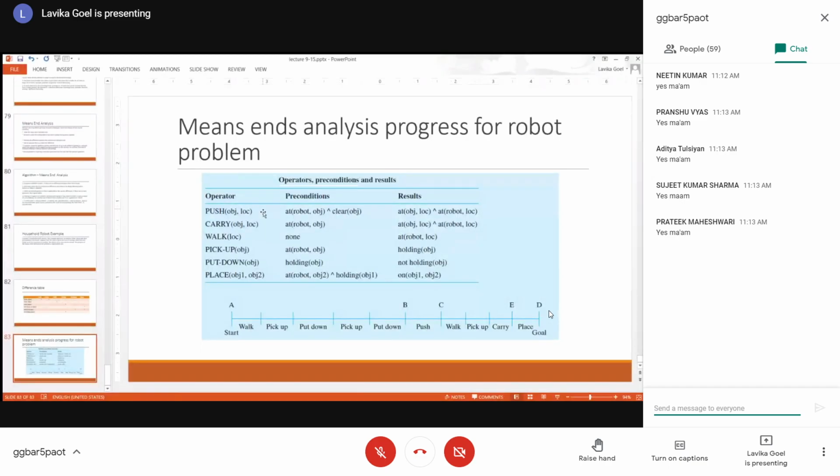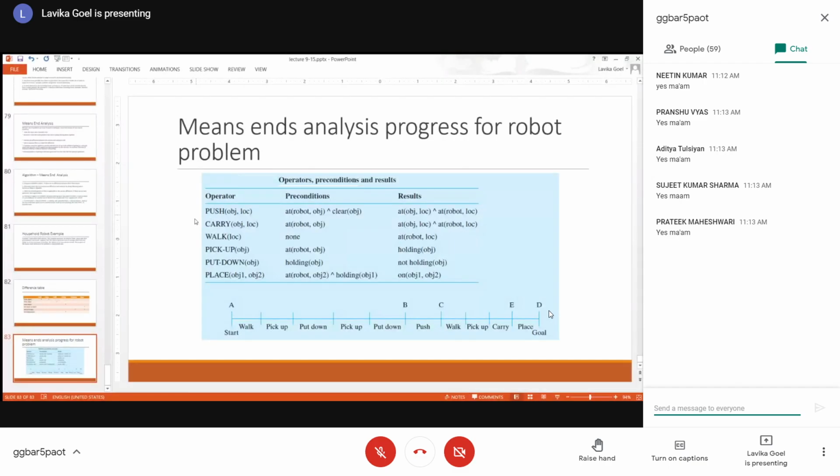When you want to move an object, you are pushing a heavy object, let us say in this case the table, and carrying means a lighter object, so it can be the thing on the table, right? So if you are moving an object, you can use both these operators. If it's a heavy object, you will use push. If it's a light object, you will use the carry operator, right?